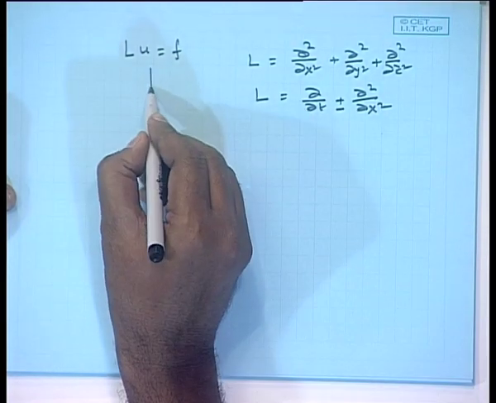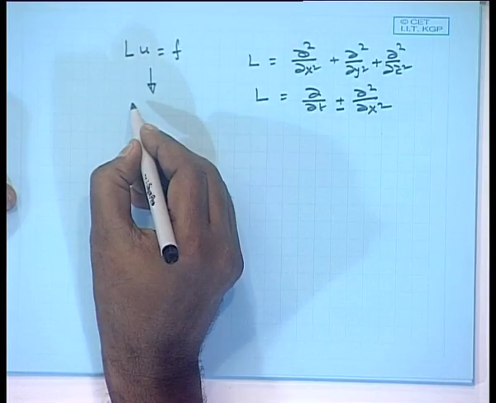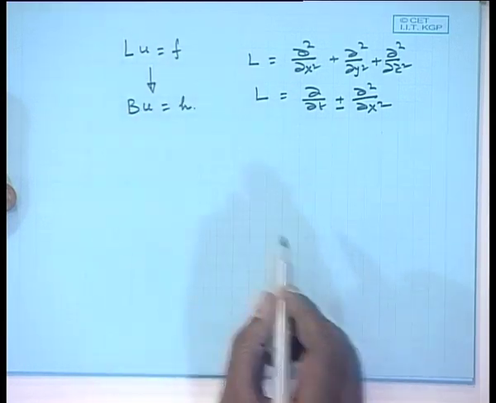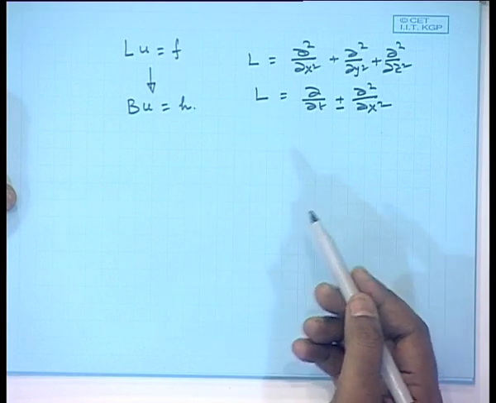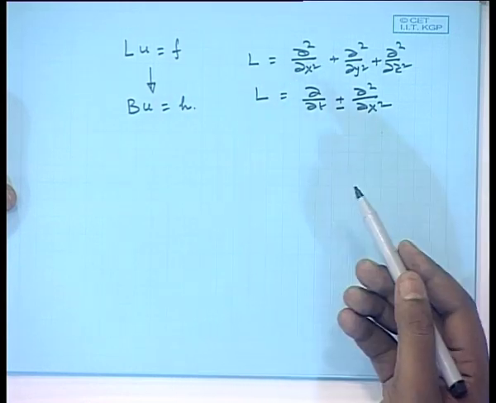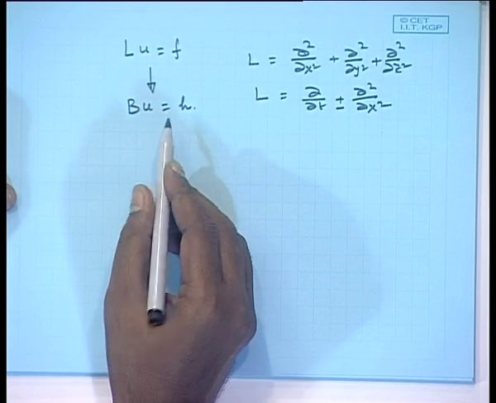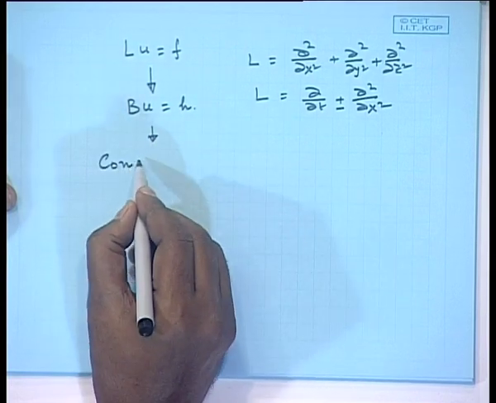For this problem, you have a set of boundary conditions, let us say B u is equal to h. B u is equal to h means the boundary may be at x equal to 1, maybe at x equal to 0, and h will in general be non-homogeneous. Now, the first step is to construct the causal Green's function,